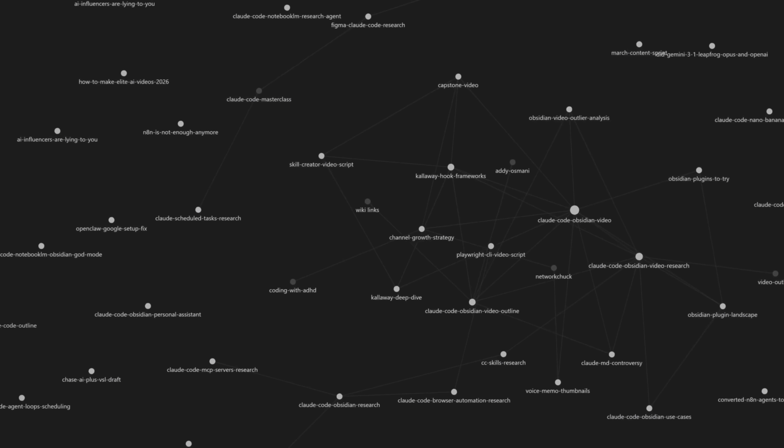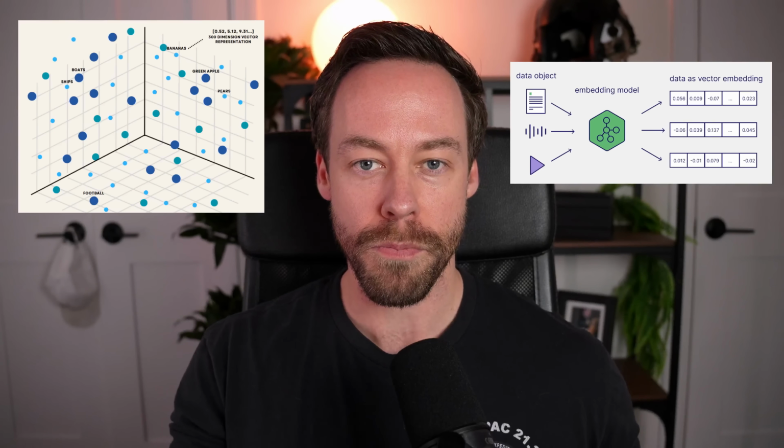Andre Karpathy just gave us the keys to his personal Obsidian RAG system. And I put RAG in air quotes because this Obsidian-powered knowledge base has no vector database, no embeddings, and no complicated retrieval process. Yet it solves the exact same problem that these more complicated RAG structures claim to do,